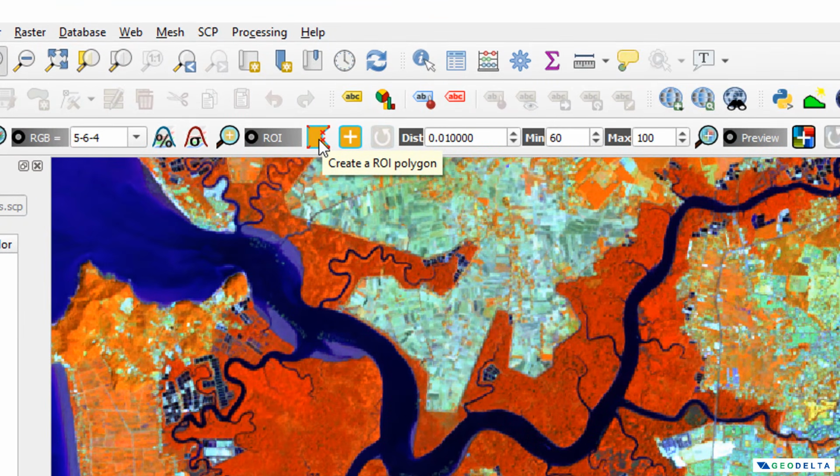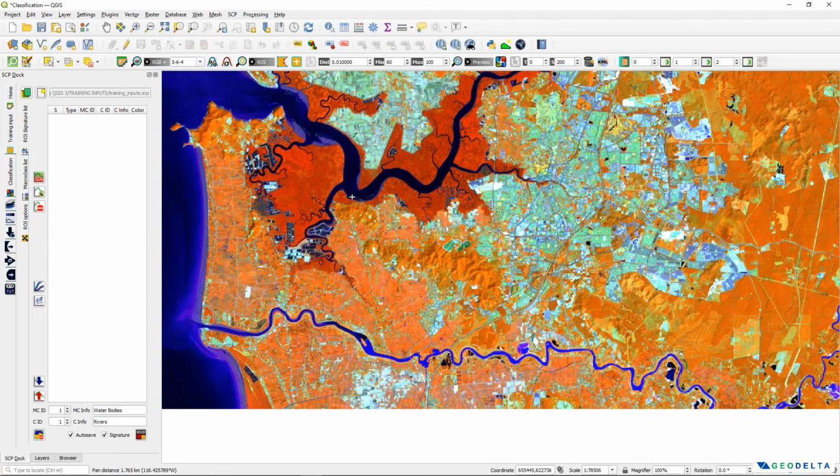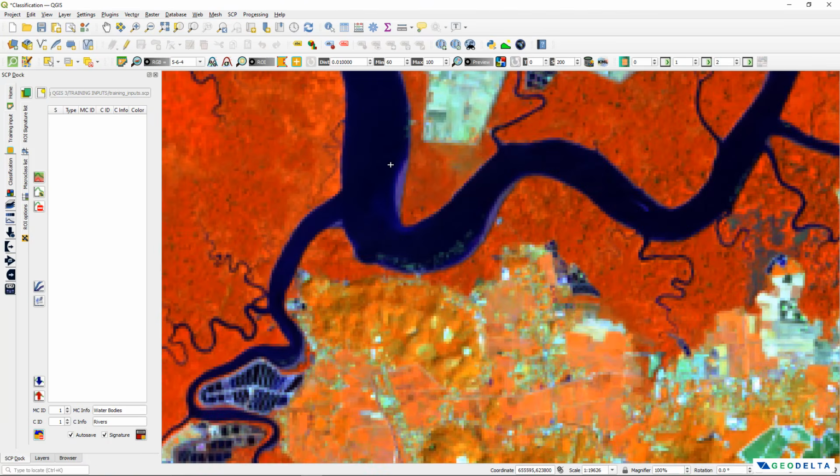Now over here, ROI stands for region of interest. So all you have to do is just click on that and provide different training samples for the program so that it can identify what exactly the water bodies are, simply by just drawing a polygon like this. And to complete the polygon, you can just right click,